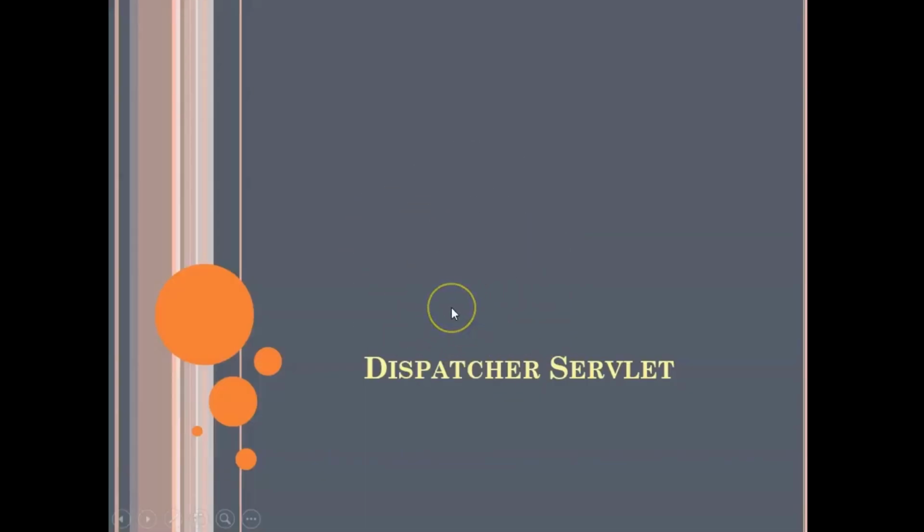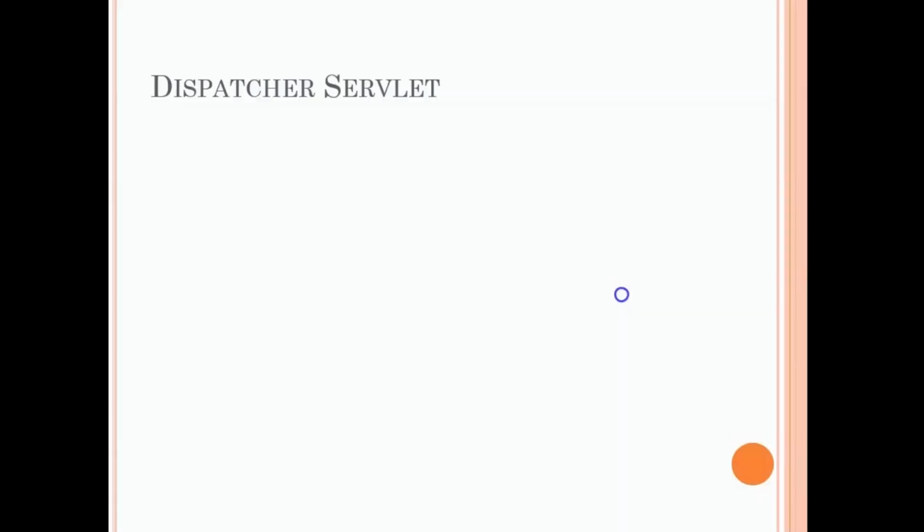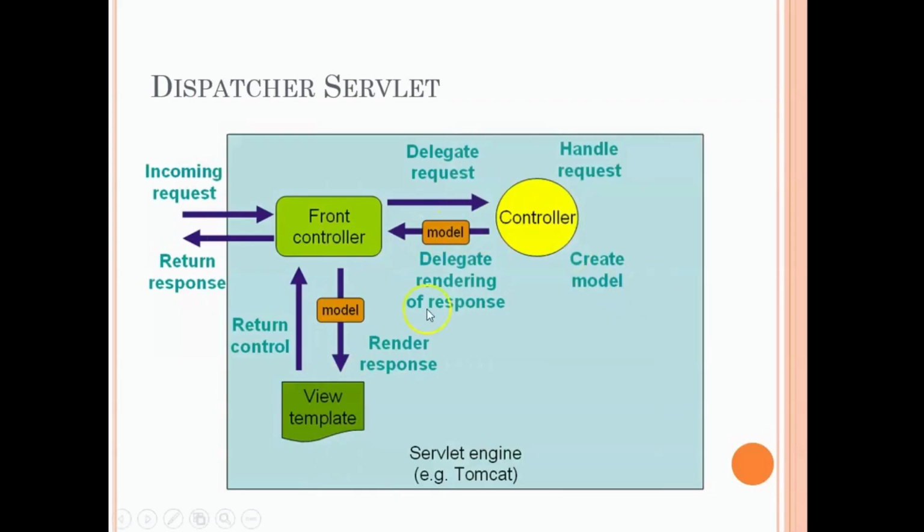As far as Spring MVC is concerned, Dispatcher Servlet is the centermost and the most important component of Spring MVC. The Dispatcher Servlet, as you can see in this particular picture, is nothing but a front controller. It implements the front controller design pattern. Now, I had spoken about this last time also, and I would like to reiterate here that the front controller here is nothing but